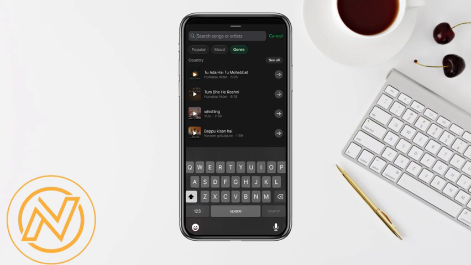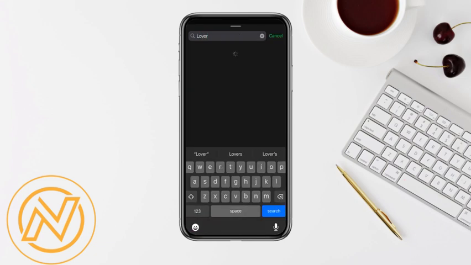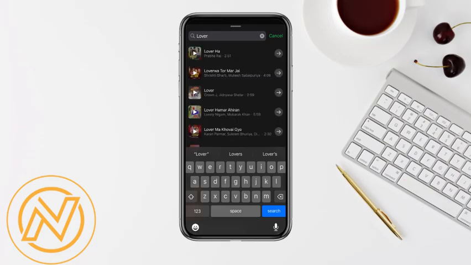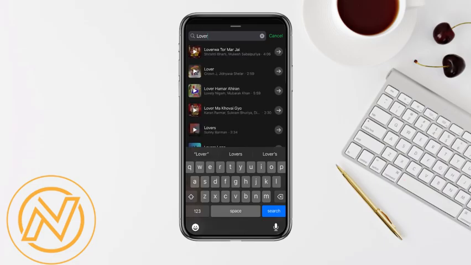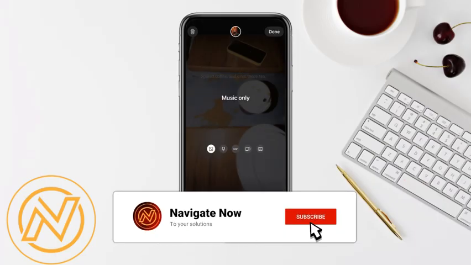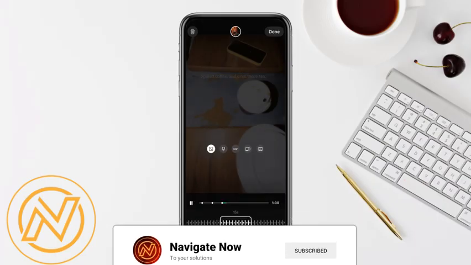You can also go to the search bar and search for your favorite music and just simply select that music, and just you need to click on this arrow icon in order to get the music in your story. Just simply click on this arrow icon and just select the kind of part I want to add in my